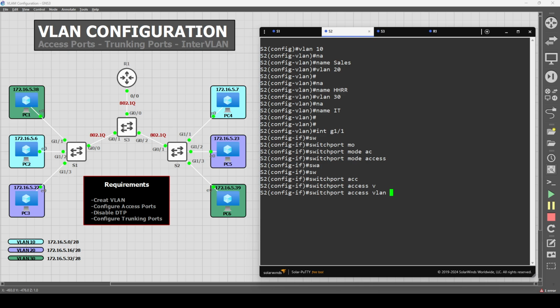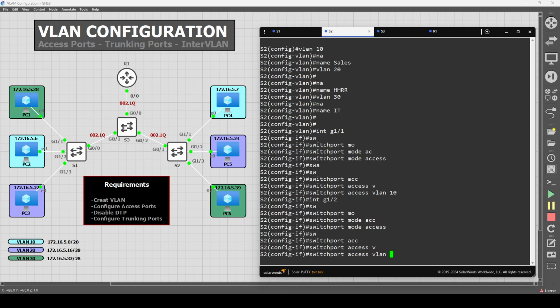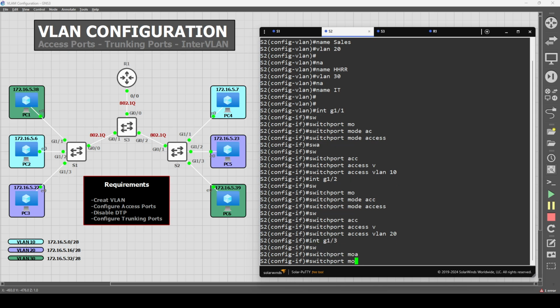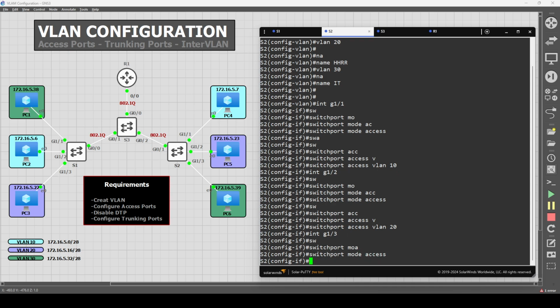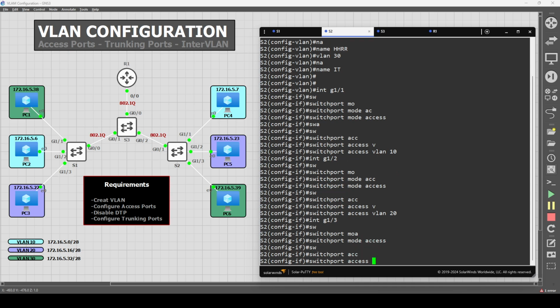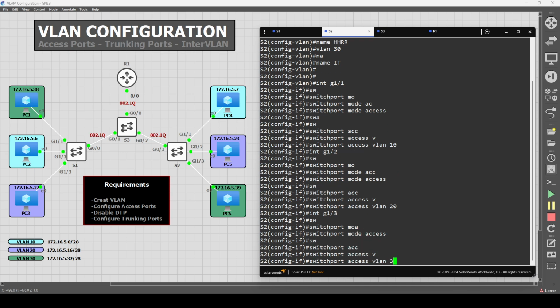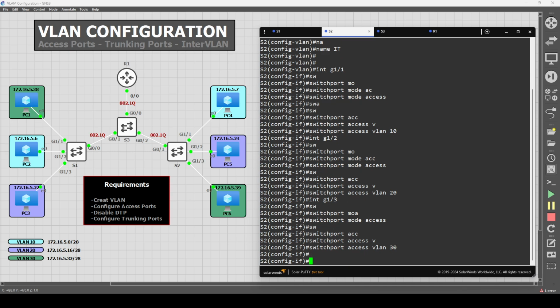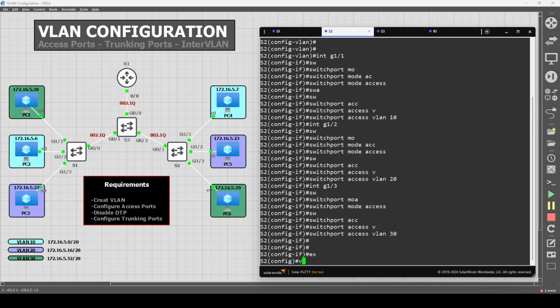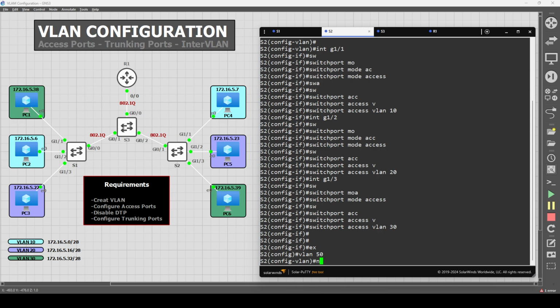In this case, that would be VLAN 10. VLAN 20. And VLAN 30. Okay, so I forgot to create our native VLAN,